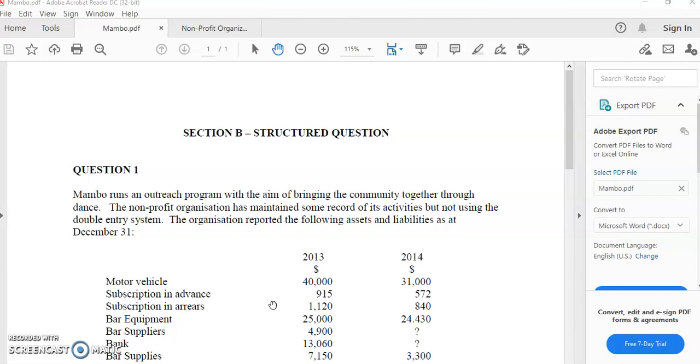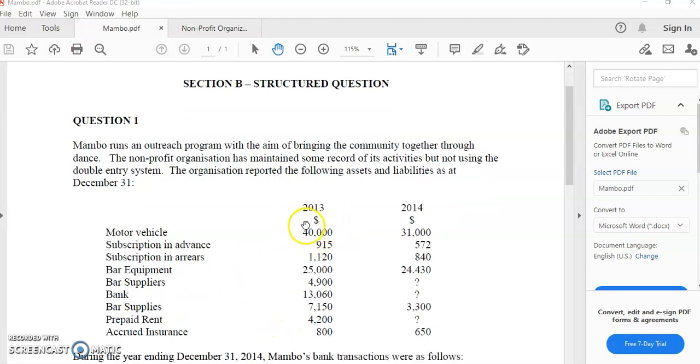So they have motor vehicles. So you have 2013 and 2014. So 2013 is at the end of the financial year 2013, and then you have the end of the financial year 2014. So it would stand to reason that any closing balances at the end of 2013 will be your opening balances for 2014. Okay, so you have a closing balance for motor vehicles, $40,000, subscription in advance,